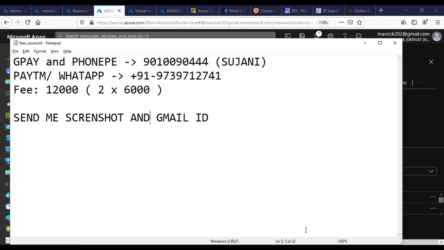Yes, Harsha. I'm unable to proceed with the free trial version because I don't have a credit card, so without that I don't have any option to proceed further. I understand, but that is something I can't help you with. Do you have any other way? No, so you need to talk to your friends who have an account. Ask someone who has an Azure account to create a subscription for you, or create an account and give you the access, so that they will pay the fee for you.